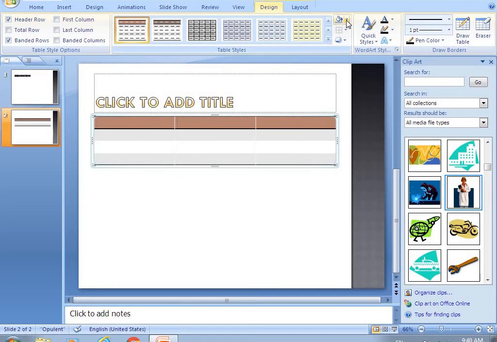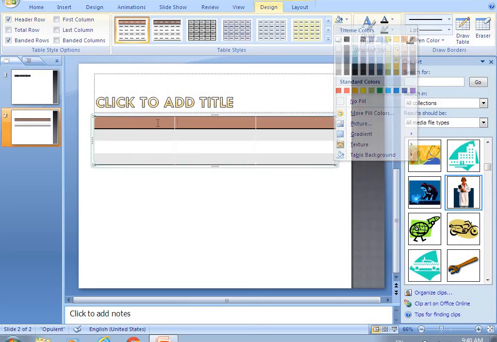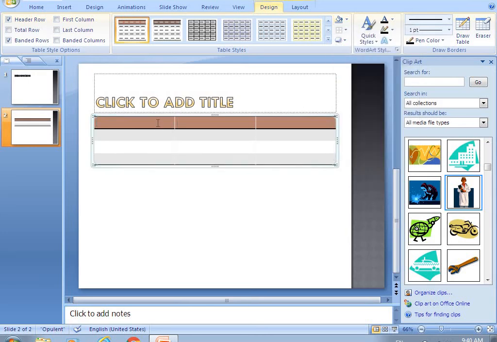Okay, from here you can also change the color of your table. You will click on theme color and you have multiple colors from here. So this is how you insert a table in PowerPoint. If you want to write, click on any box and you can write your content into the table.